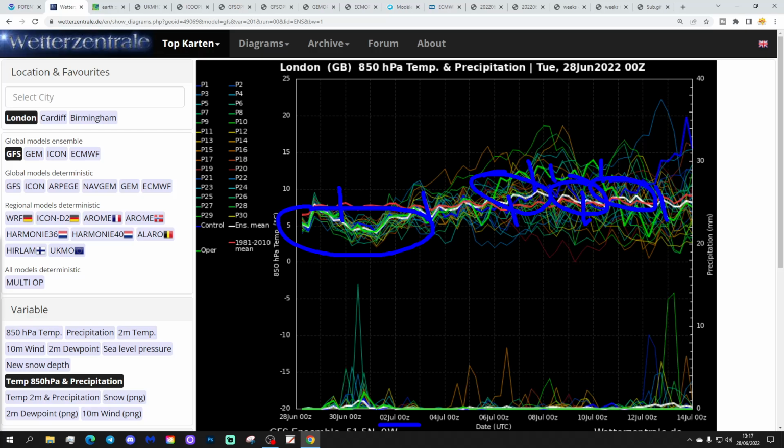The thick green line here is the operational run. That becomes quite warm, going above 10 degrees at 850 hPa. I've got a few hot outlier members as well, these ones just here, so a few spikes beginning to appear. Could that be a sign of a heat spike? I don't know. They're very limited in number, but it's one to watch perhaps, how many of those increase over